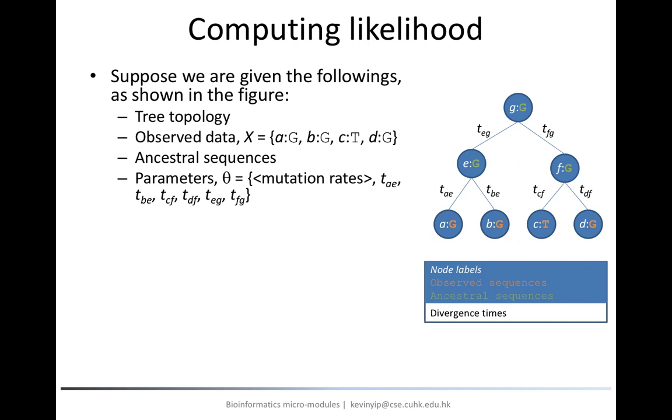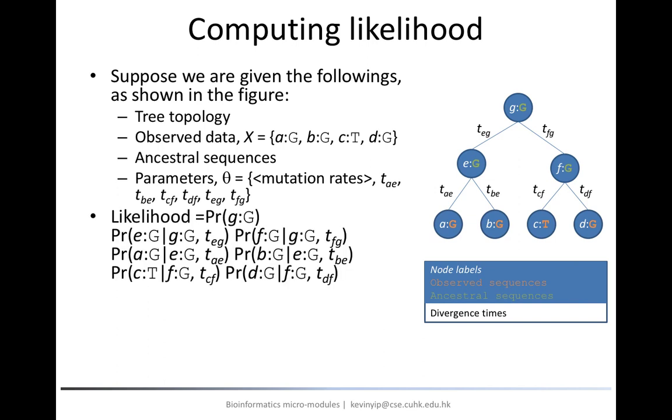To compute the likelihood, we make use of the Markov property that the probability for the sequence of a node can be computed by the sequence of its parent node and the length of the branch between them. This property allows us to decompose the likelihood function into the product of several simpler terms. First, we need a prior probability for the root node to have nucleotide G. After that, we have 6 terms, respectively, for the 6 other nodes, each equal to the conditional probability of the sequence in the node given the parent and the distance between them.